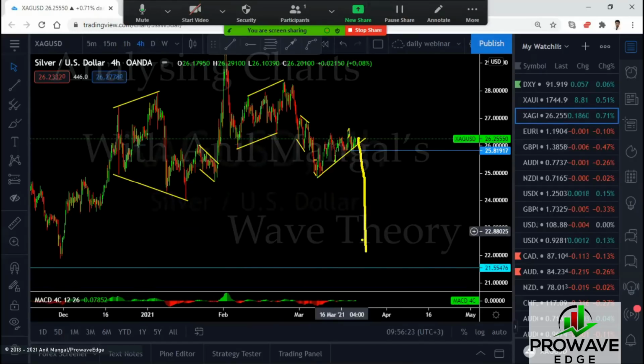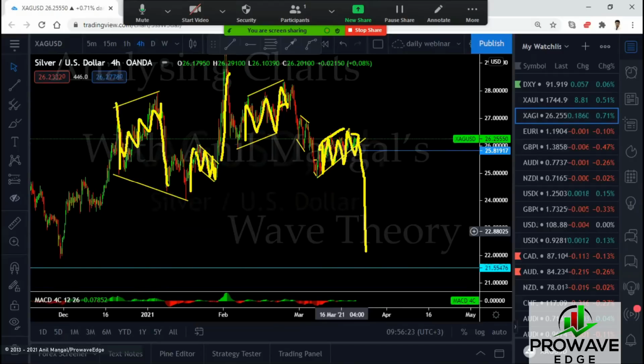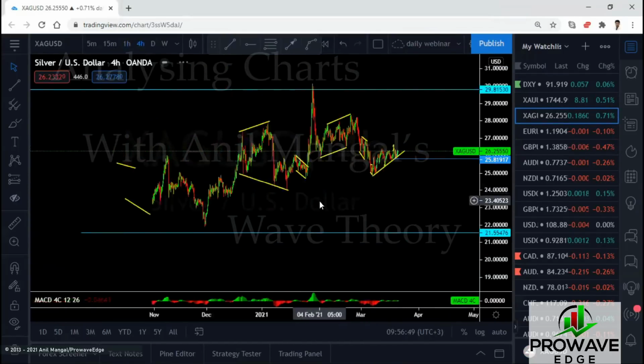The probability to the downside is much higher, because these structures, when they consolidate so much in here, here's a good example. I can show you 100. When they do that, they tend to go in the direction that they come in. You come in this way, you come out that way. You go in this way, you go out the other way. You come in this way, you have to come out this way. But that doesn't mean we're not going to have an upside.